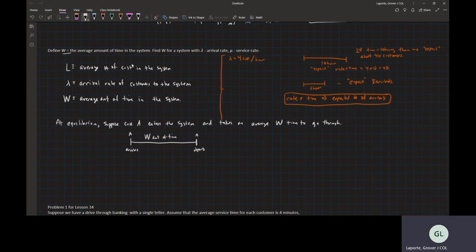The question is, remember this is a first in, first out system, a first in, first out queue. If that's the case, then everyone who arrives after A is going to have to wait until A is out before they can start being serviced. But the question is, how many people would arrive